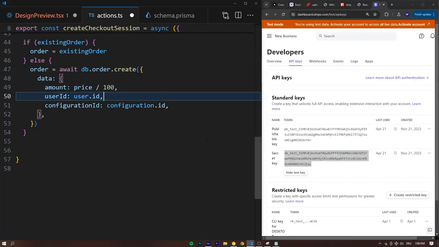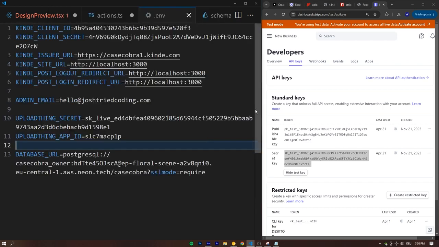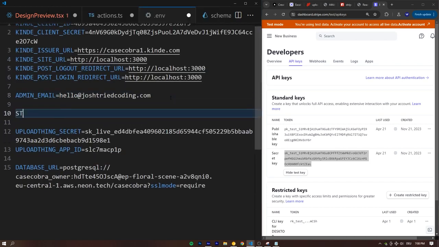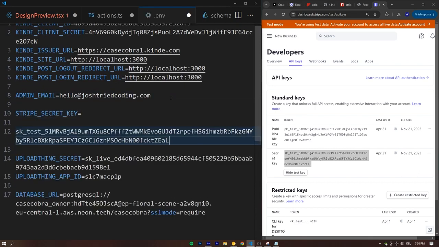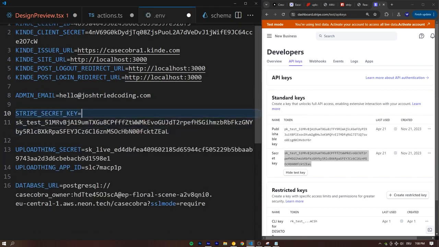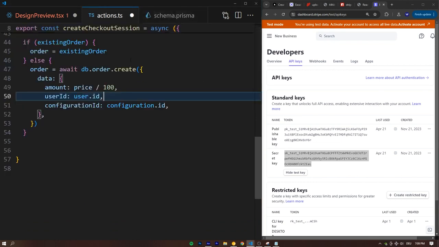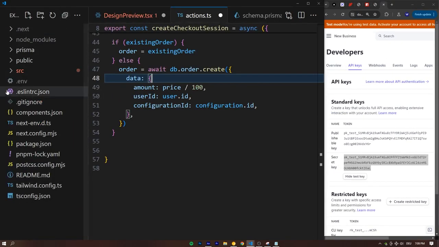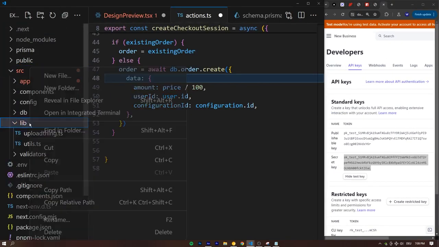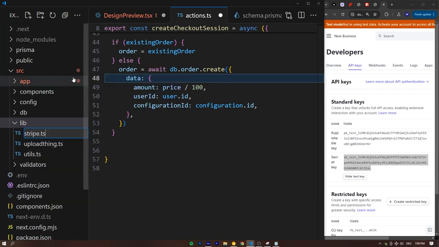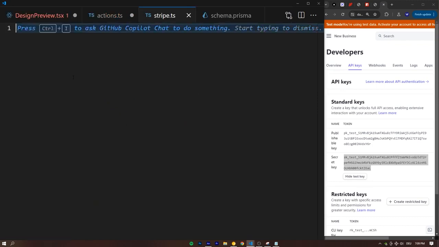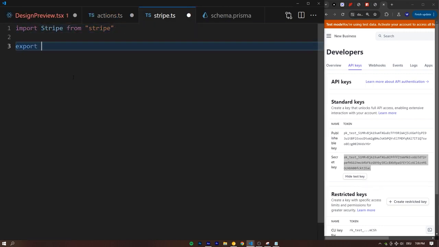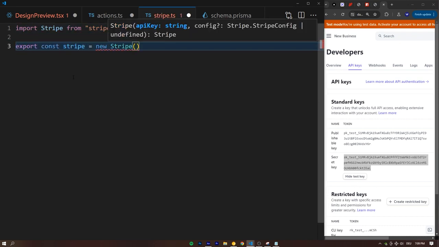So with this secret key copied to our clipboard, let's head into our .env file, and we can put it in here as the STRIPE_SECRET_KEY, and just paste the secret we just grabbed from Stripe. And now to make working with Stripe just a bit easier, we're going to create a little helper, and that helper is going to live in src, then in lib, and let's create a new file here called stripe.ts, just a little Stripe helper, where we can import Stripe from stripe, the package we just installed, and then export a const stripe, which is going to be equal to a new Stripe, which is a class, and in the constructor